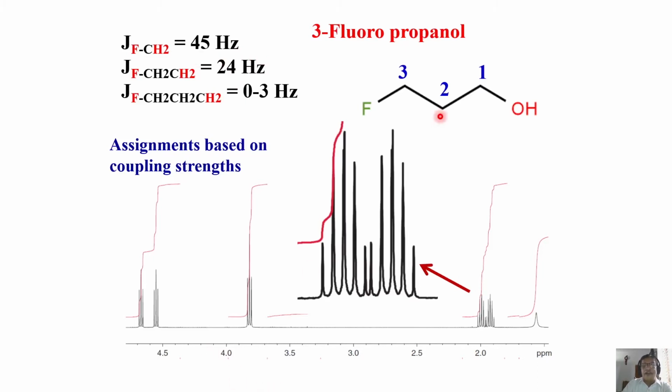Look at this one. Where is that? This one will be a doublet because of this. Each line of the doublet is split into a triplet because of this, and another triplet because of this. Very complex pattern. So that means it will be a quintet or a septet, whatever it is. Two such patterns will be there. So it will be a doublet of sextet or septet. Where can you see that?